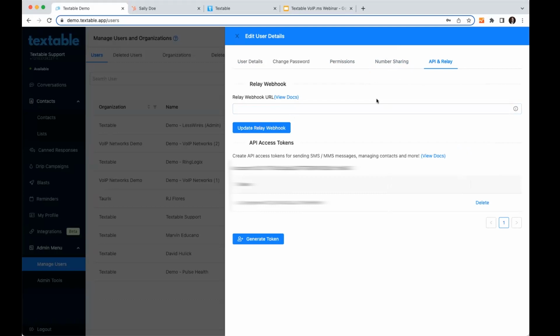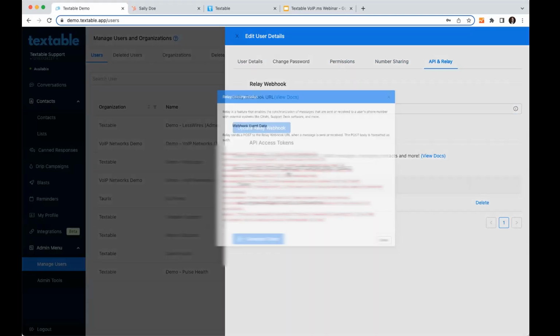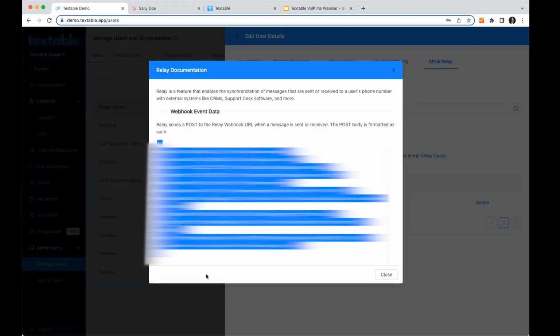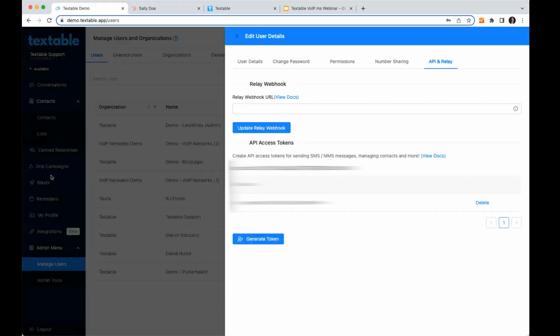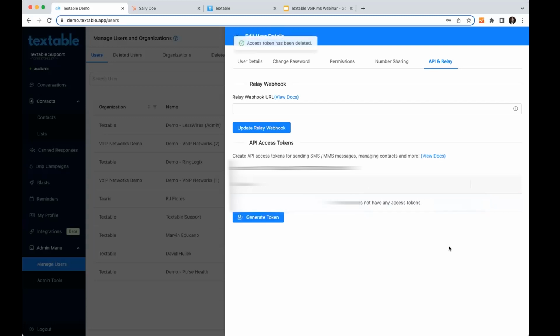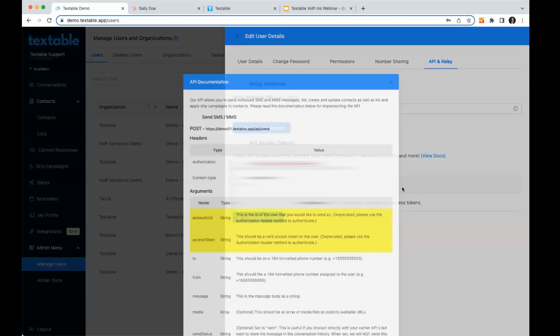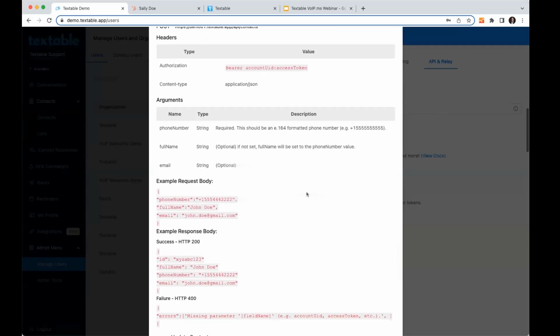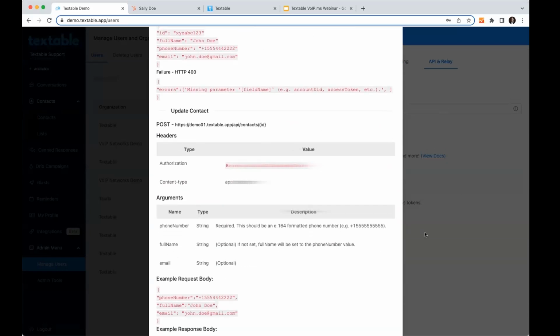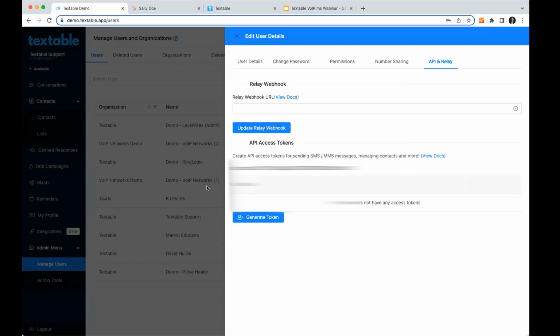I'll go over the white label in just a second, but essentially these are some legacy support for webhooks. They work in the same way that the new integrations do. And then there's also API. Go ahead and delete this, actually. This is just a dev account, so it doesn't really matter. This is just the API docs for creating contacts and things like that, right? So that's limited to the white label side on the API, but will become available on the retail side in the future.